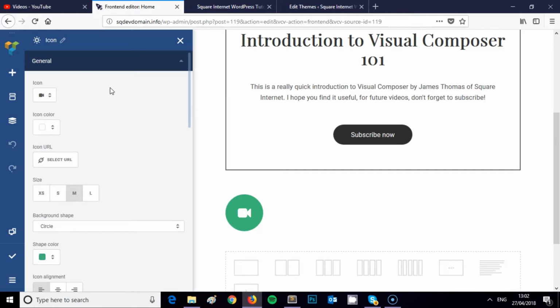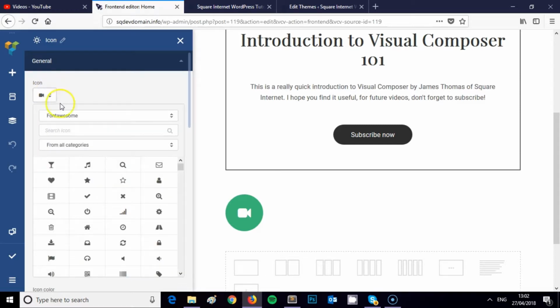Sorry, Font Awesome, not Flat Icon. Flat Icon's another place you can download vectors and icons and free icons. This uses the Font Awesome icon